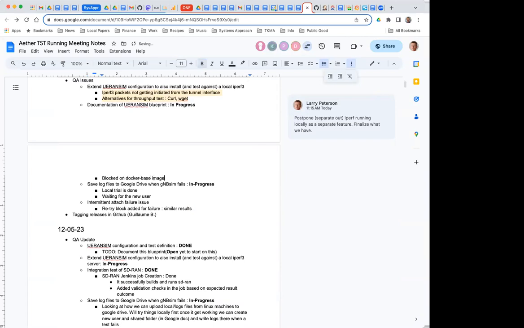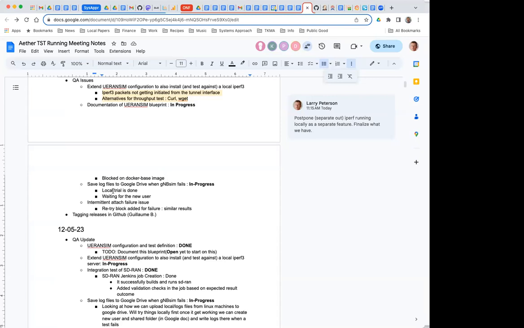Okay. All right, saving logs to Google Drive. You've done a local trial of that. Go ahead. Yeah, Pallavi has done a local trial on that, and she was able to see the files getting uploaded on Google Drive.